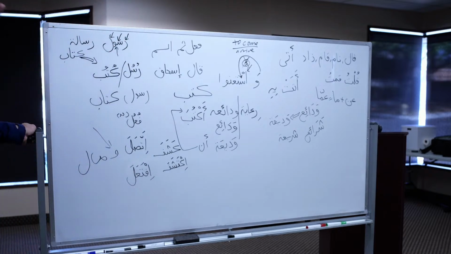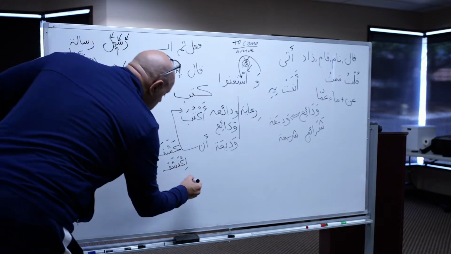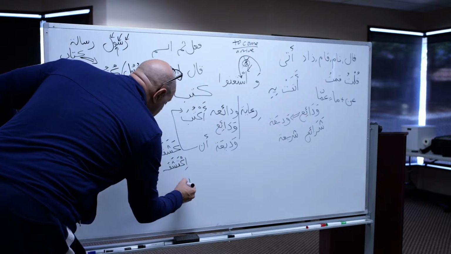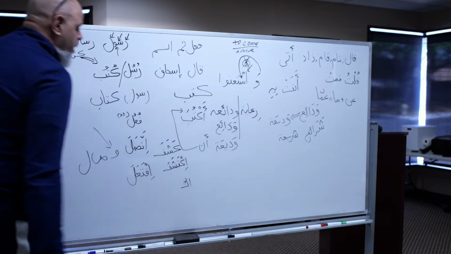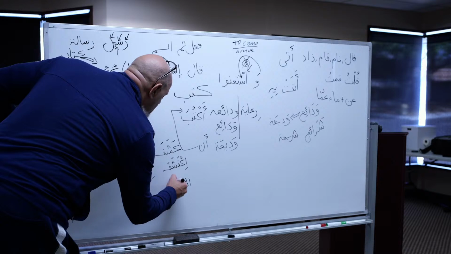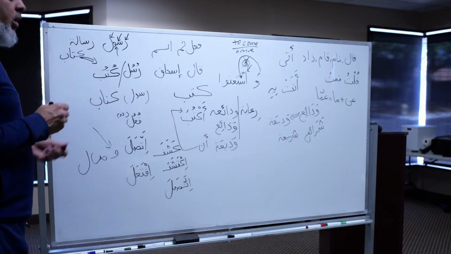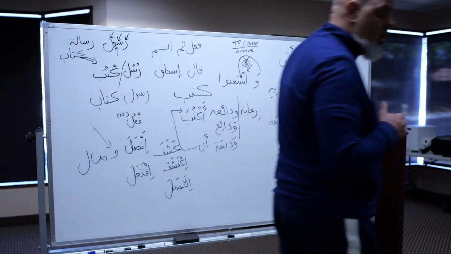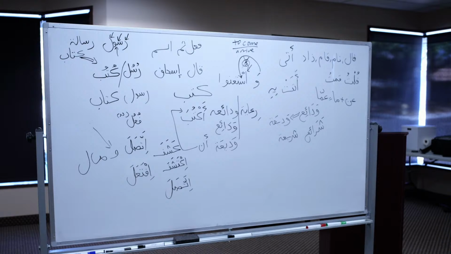Right, where the first letter of the root stays whole. But this waw, being a weak letter, we don't like it. So it disappears, and the ta is doubled, takes a shadda. So it becomes itta sa la. Itta sa la. So in the mudari', in the present tense, يتصل.